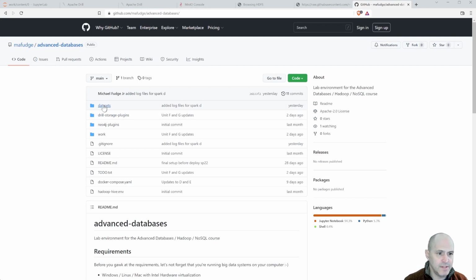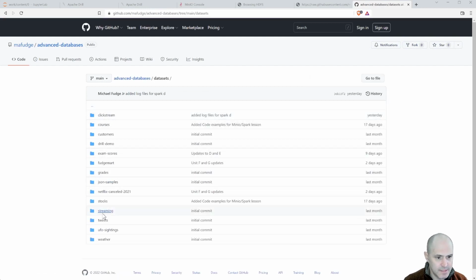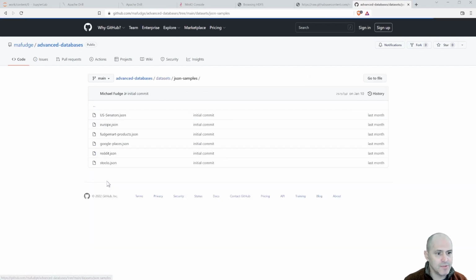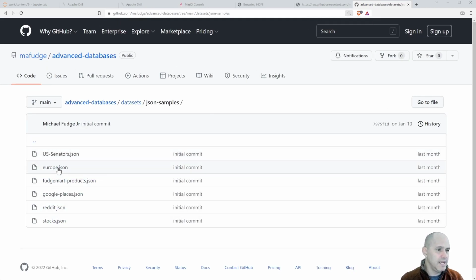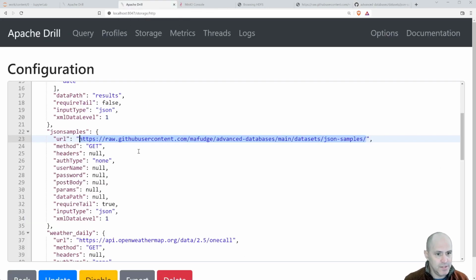And then there's this data sets, and then JSON samples. And see, there's a bunch of these files in here. There's a bunch of JSON files in here. And I want to write my drill so I don't have to make one for this, make one for this, make one for this, make one for this. So what I can do is I can configure that drill storage plugin to point at the root folder, and